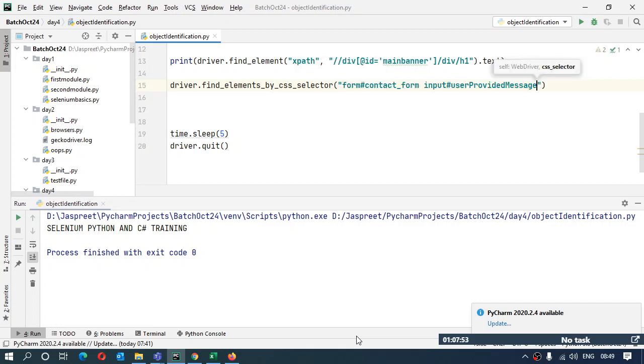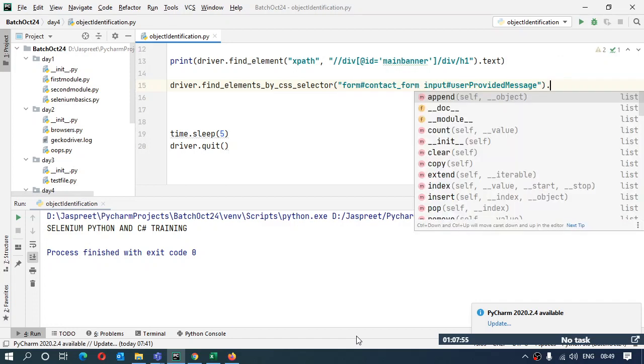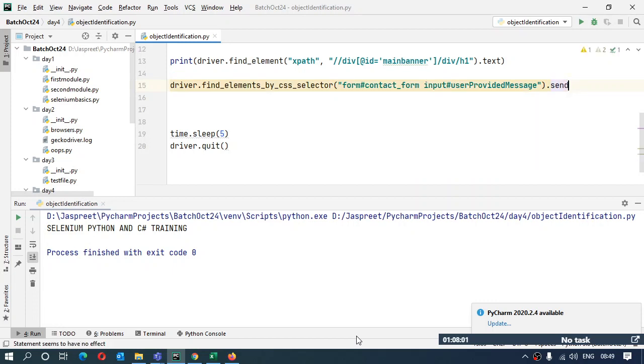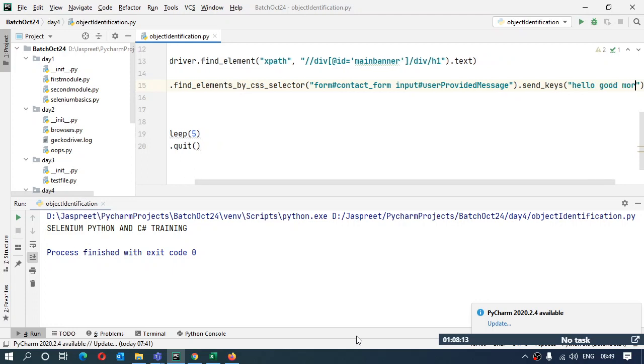And I'll put it over here. And I'll say dot send keys, and whatsoever key I want to send, I'll send. I'll say hello, good morning. Okay, now I'll save this and I'll run this.